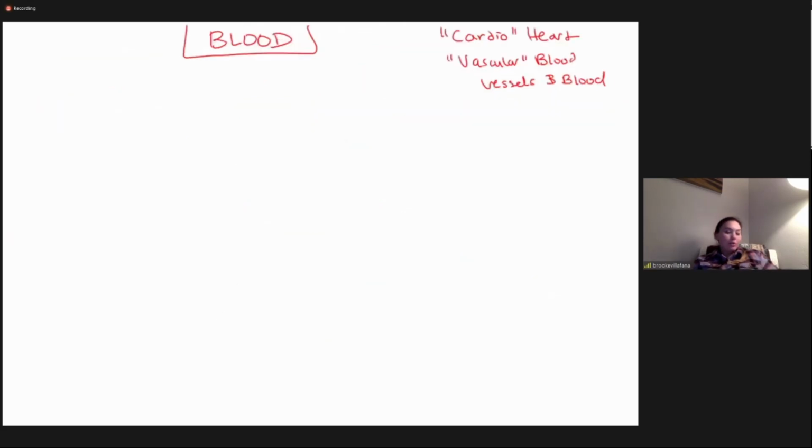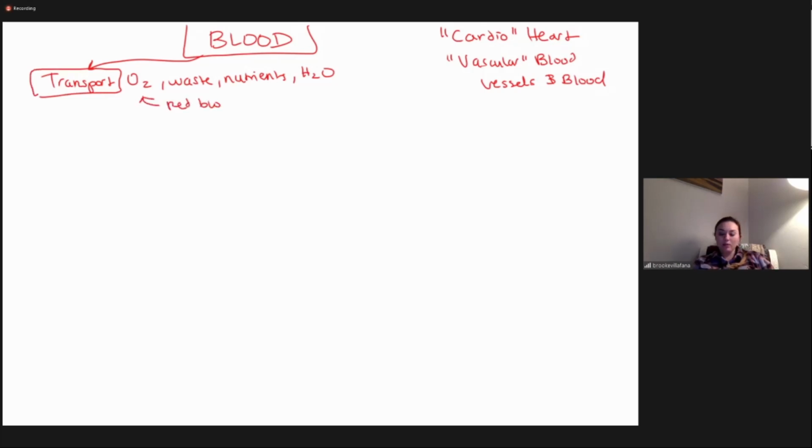So for the blood, this is what's flowing inside of the blood vessels, right? What are its functions? It's going to transport oxygen, waste, nutrients, and water. It also has blood cells, right? Remember, the red blood cells are the ones that are primarily transporting the oxygen. It's going to also function for regulation. It helps to regulate temperature via